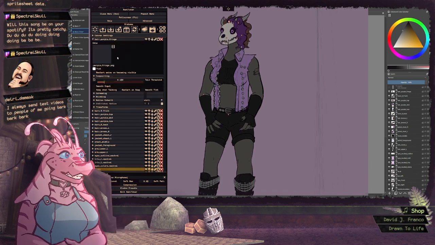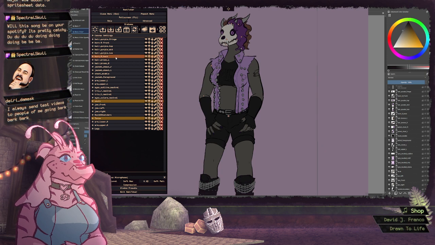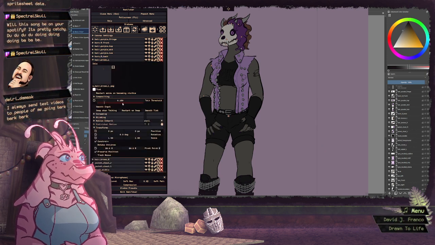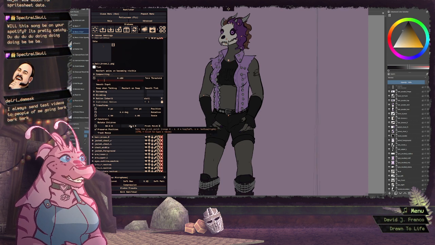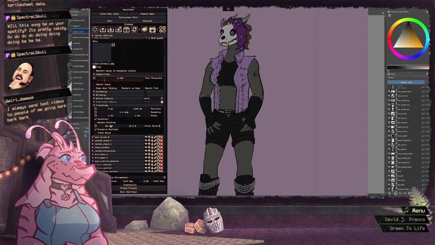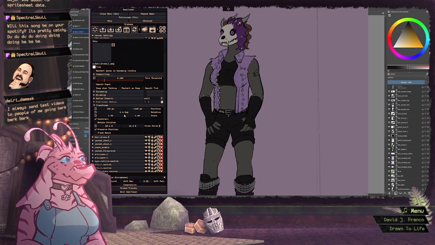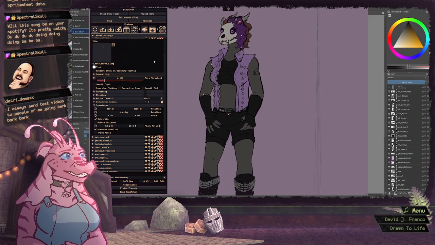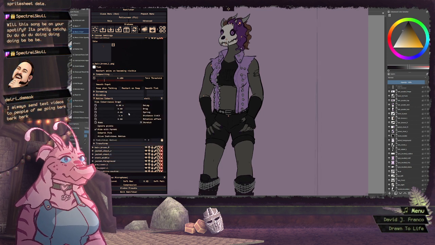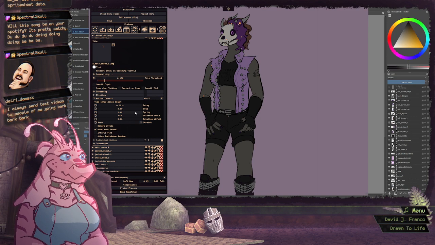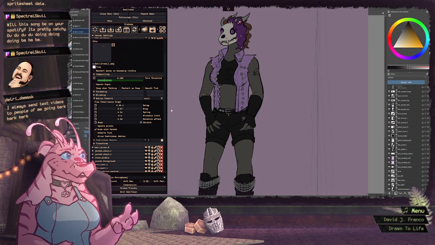Let's carry on with the hair again. Okay. This one is just going to be another kind of squishy style. All in one.